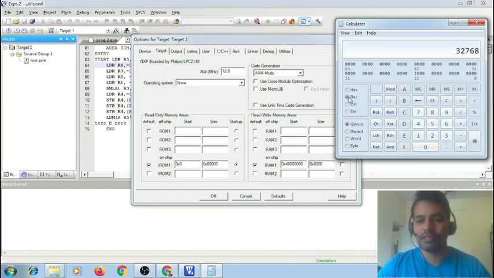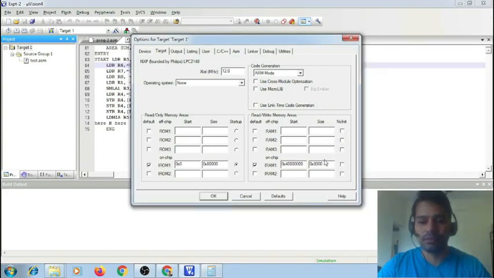In decimal, it is 32,768. Can you verify again? Just by dividing it by 1024, it is 32 kilobytes. So this 32 kilobytes of space starts from this location, and we can make use of it for storing any manipulated data in this location.